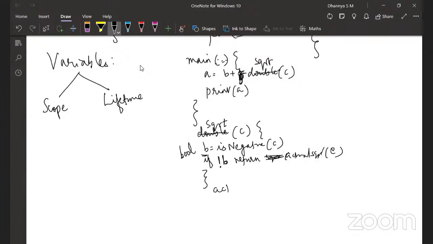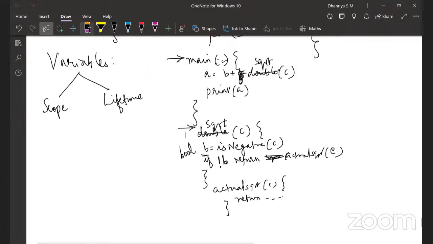So here you have say actual square. See. So return some method it moves. Okay. Now what happens when this sequence of events happens? So it comes to the main method. Then from this statement, it will go to the square root method. Then from the square root method, it goes to, sorry, I'm really sorry, that's not what I meant. Math.square.